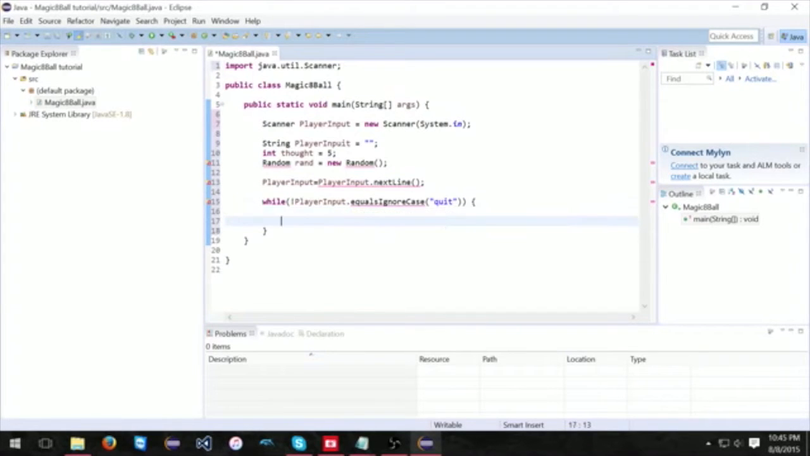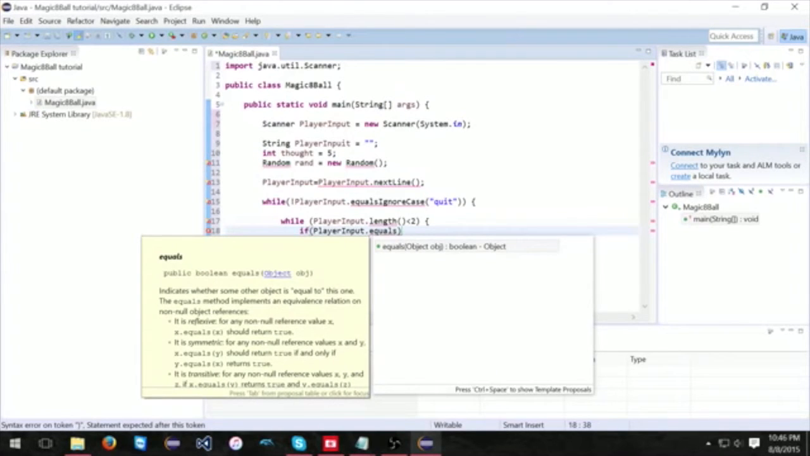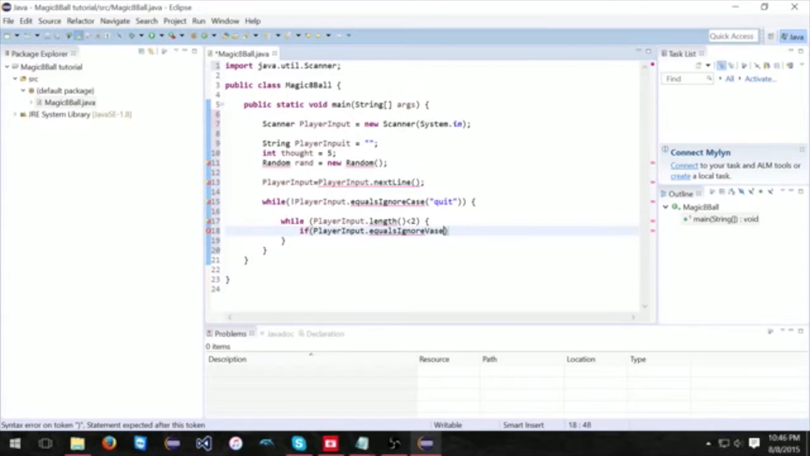So let's do another while loop inside this while loop. So let's do while player input dot length is less than 2, because we need to have a long question. So player input dot equals ignore case